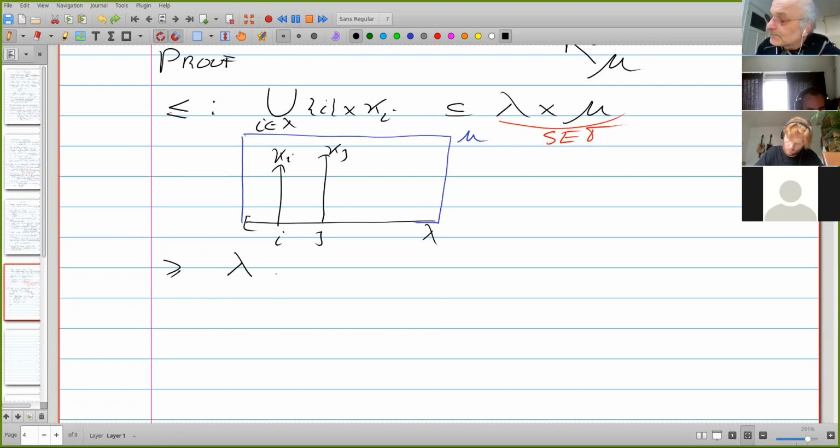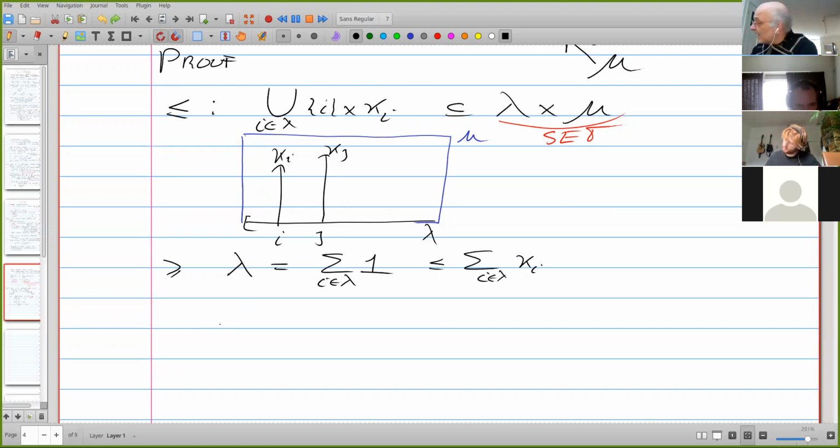Well, lambda is the sum of lambda many cardinals, namely 1, 1, 1, 1, 1 all the time. So there. So lambda is less than or equal to the sum of the cardinals kappa i. And what about mu? Well,